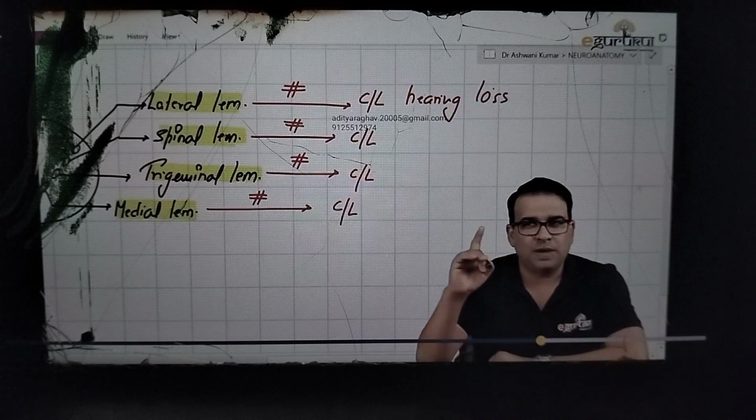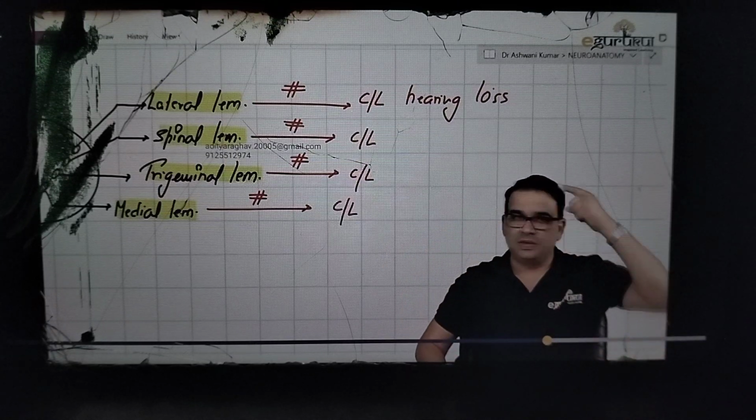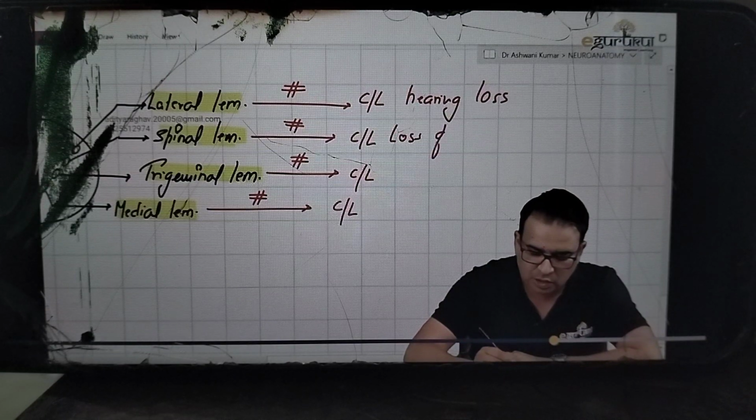Spinal lemniscus, what pathway? Lateral spinothalamic tract carrying pain and temperature, but carrying pain and temperature from everywhere else except the face. Face is all about trigeminal nerve and lemniscus. So spinal lemniscus injury will lead to contralateral loss of